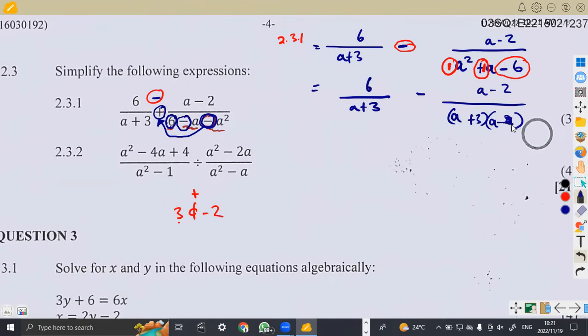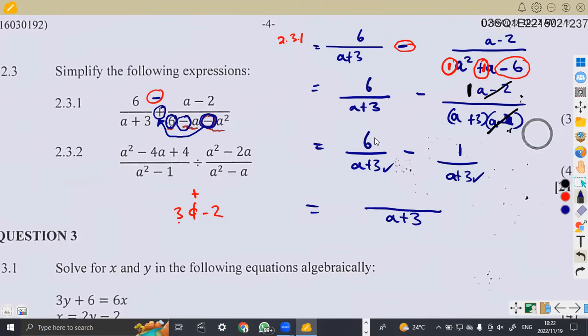But what is happening here? We've got a minus 2. I want you to see something. The a minus 2 here and the a minus 2 are the same. So these can cancel out because it's from the same fraction, which means we are going to remain with a 1 on the top there. So we are going to have 6 over a plus 3 minus 1 over a plus 3. Knowing that if the denominators are the same like this, we just take that denominator as it is, then we subtract directly the numerators, 6 minus 1, which gives us 5. So the answer remains as 5 over a plus 3. So that was it for